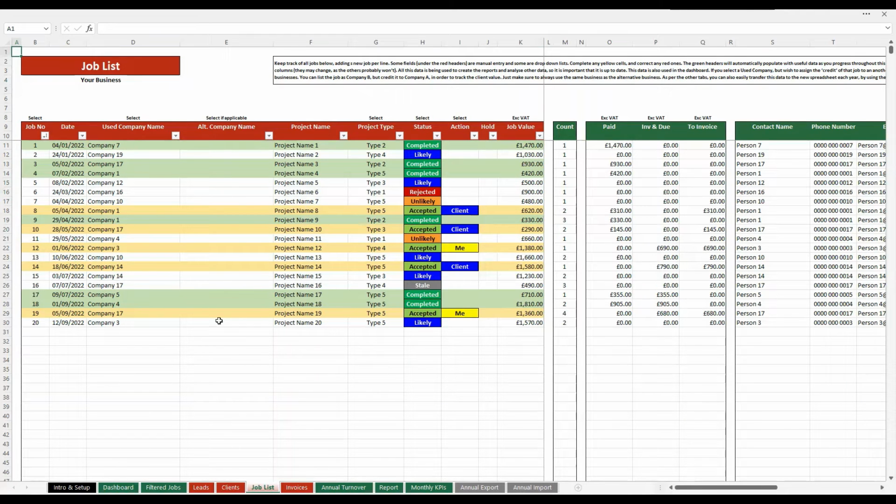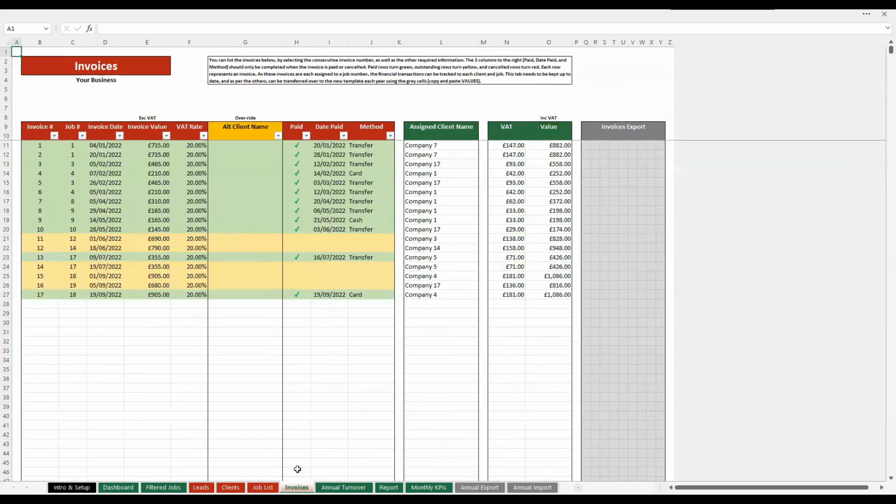This is kind of a work in progress. You use this all the time. It's kind of a live page. You'll be updating these, adding some new ones in, updating the actions as you do, as priorities change throughout, who's responsible. The last sheet would be the invoice tab, and this is what you do every time you want to